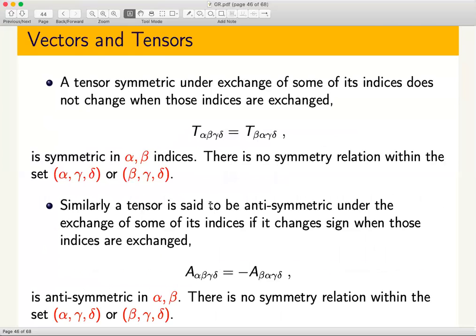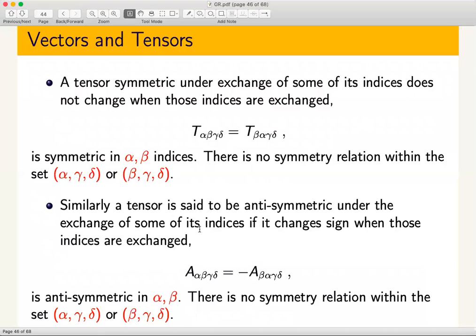Okay, so we will see tensors which should have this kind of transformation properties, and those transformation properties would be useful for us to restrict the total number of independent components that the tensor would have. Fine. So besides having the symmetric tensor, we could also have an anti-symmetric tensor, and a tensor would be called